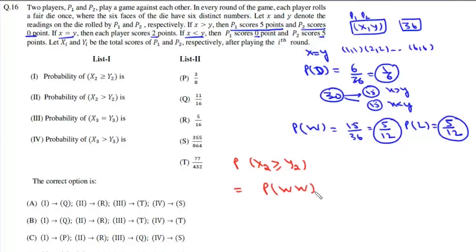it is win in both rounds, or it is win and draw. Now win and draw can be either win draw or draw win. So it will be these two cases, plus the score may be equal if there is 1 win and 1 loss. Again it will be win loss or loss win, so it will be into 2, and plus both draws. So these are the 4 cases in which score of P1 will be greater than or equal to score of P2 after 2